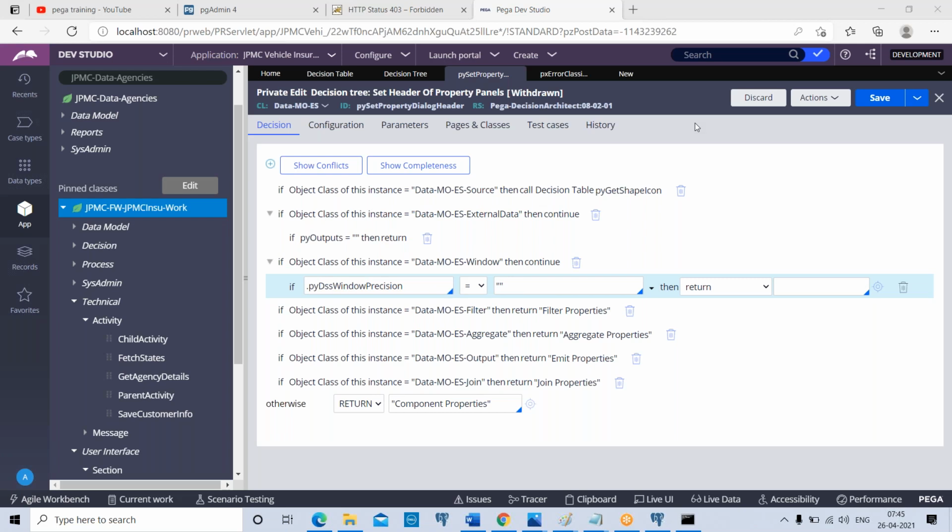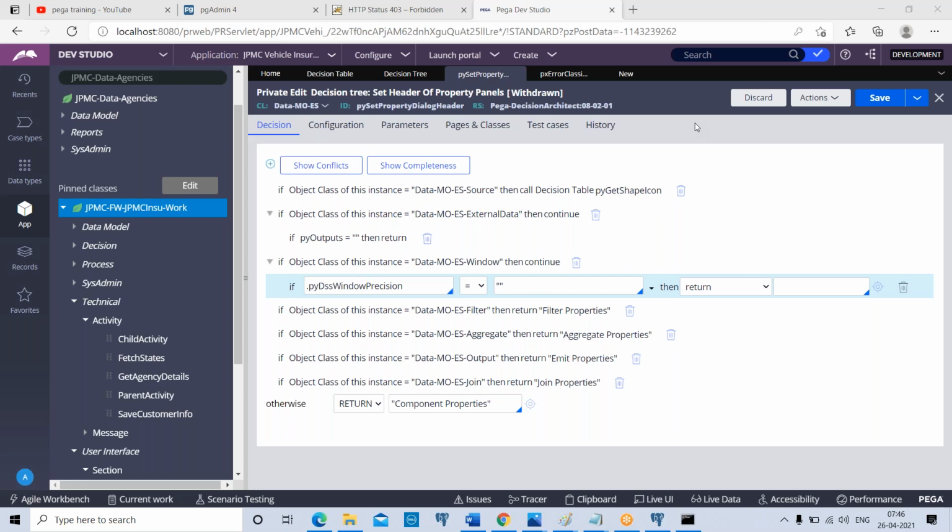This is one main difference. Table is going to have fixed properties for all conditions. Tree is going to have different properties that can be used for different conditions in the tree. Make sense, everyone? Clear? So like this, decision table has fixed properties. Tree can have different properties being used for different conditions. Make sense? This is another difference between table and tree.